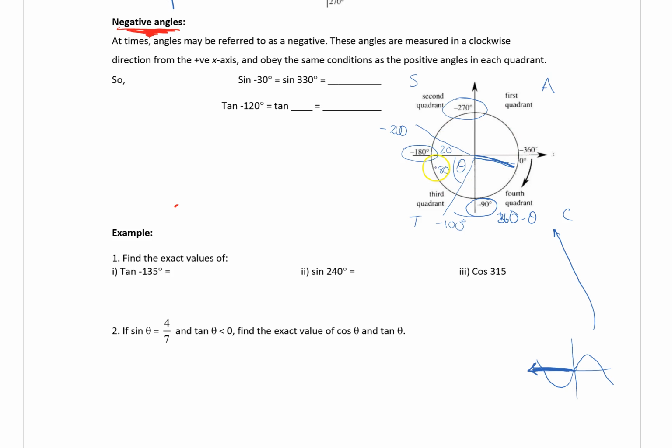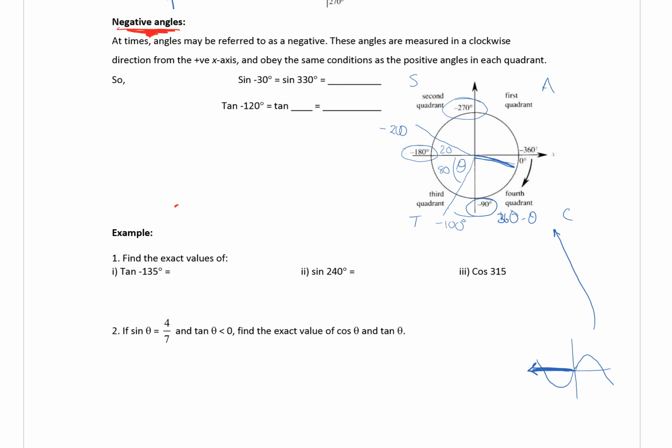Look, this is probably a little bit difficult for you at the moment, and it will become clearer once you've got the positive angles under control. So don't be too stressed about this at the moment. You can always come back and listen to this video again after you've well and truly established what's happening for the positive angles. So we'd say sine of negative 33 is exactly the same as sine of 33, and